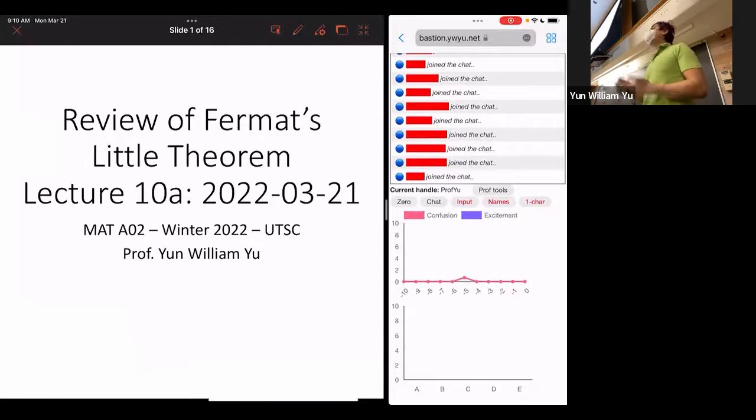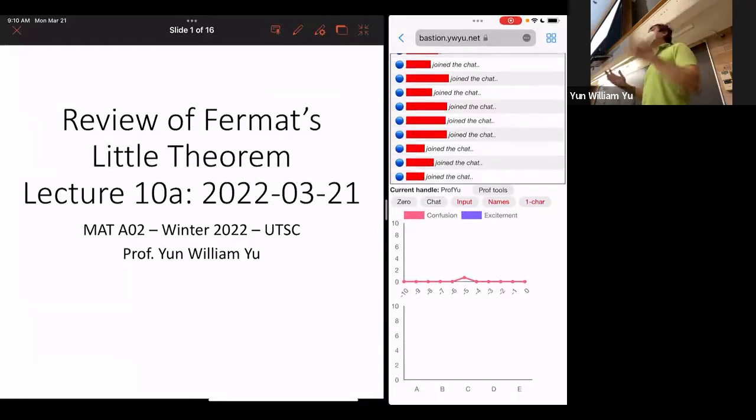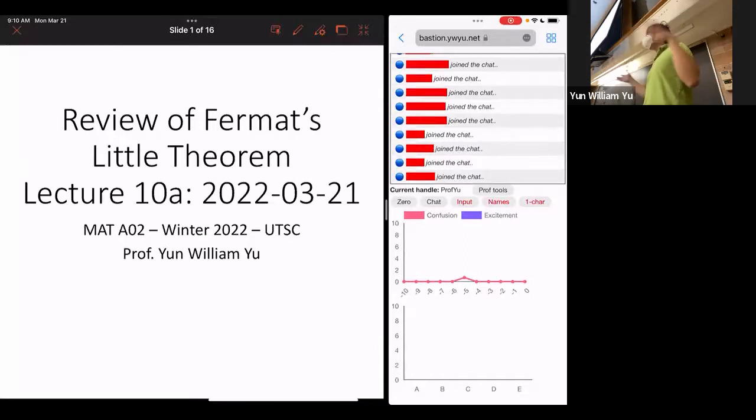Today, we're going to be going back and reviewing Fermat's little theorem, but spending a little bit more time to really try to understand what's going on there, and also walking through the proof of it a little bit more carefully, since, as you all know, you do have a proof question on the quiz, and there will be one on the final. A lot of people seem a bit more confused about that, so we're going to walk through a bit more slowly,